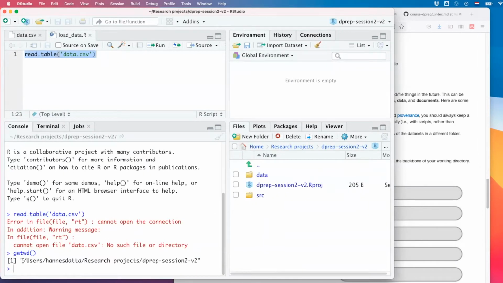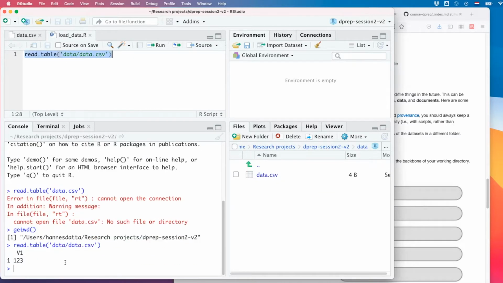Get working directory. So R currently is in this folder. If you want to access stuff in the data folder, you have to enter that data folder first. We do this by writing data/ in front of it, right? Because we're in dPrep session version 2, that's the main directory, and we want to go to data.csv. If we run this now, the data is loaded, right?